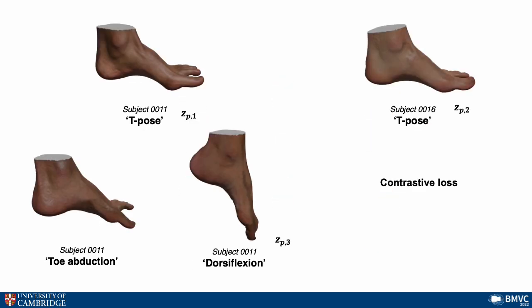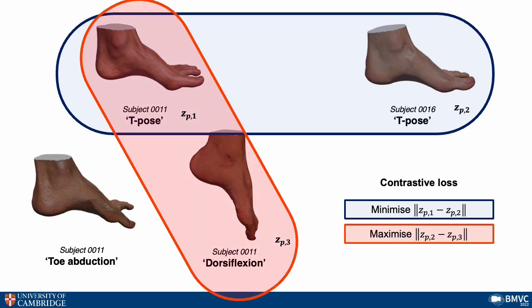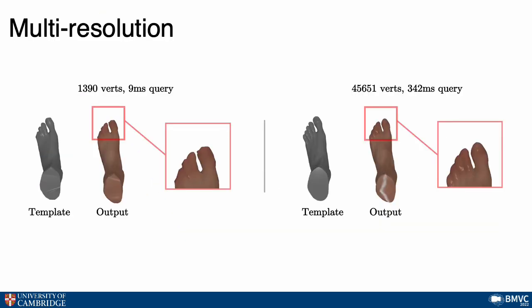ankle. It is also desirable for our model to ensure that the pose space it learns is meaningful. To do this, we take advantage of the pose descriptions included in our dataset and enforce a contrastive loss during training, encouraging poses with similar descriptions to lie close within the pose space, and poses with differing descriptions to spread out. An advantage of the implicit aspect of our model is that it allows us to produce outputs at variable